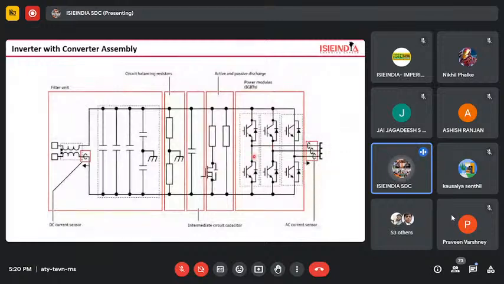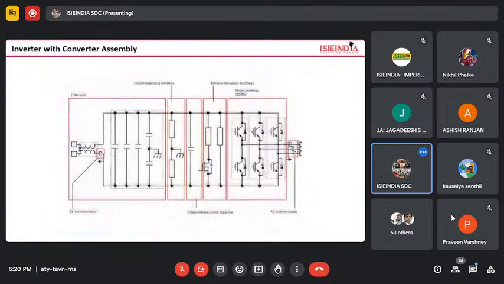When we are sending the DC in the form of AC, we need IGBTs. So both functions can take place in this area. Okay. And these devices continuously generate heat also, so we need a cooling system. All this circuit in the form of power electronics components is accommodated inside this box, that is the inverter